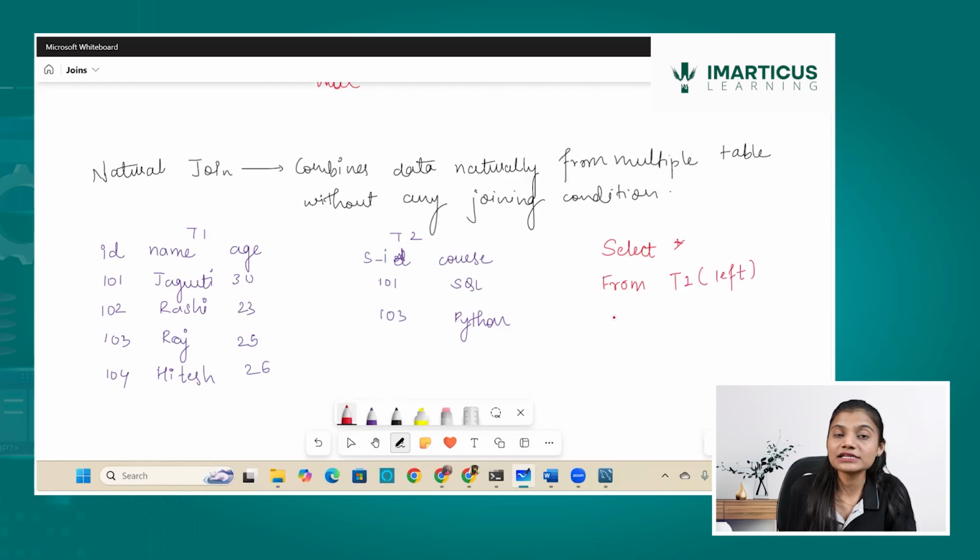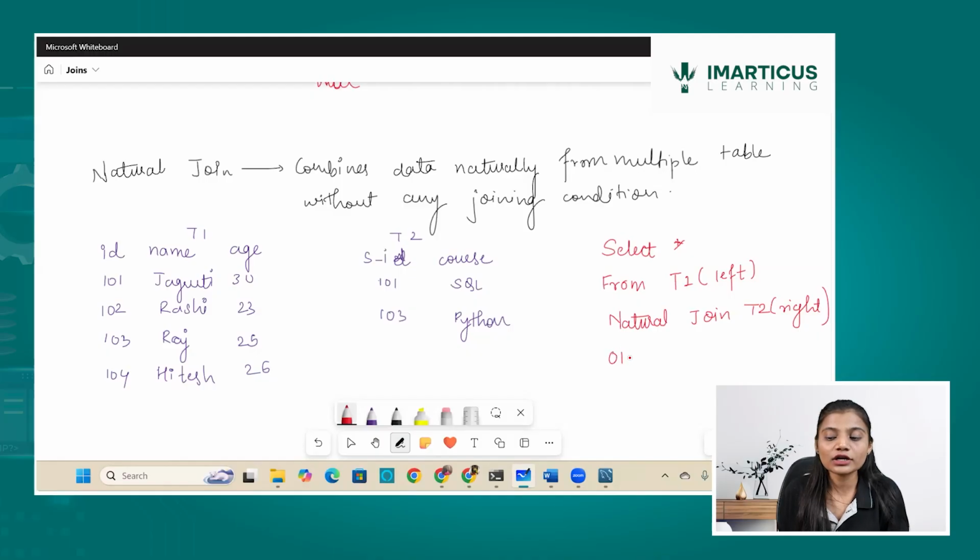And then instead of writing inner, outer, right, what we have discussed so far, I'll write natural join. It will then ask for T2, that is table 2, which is the right table. You don't have to write left and right, I'm just writing it for your simplification.